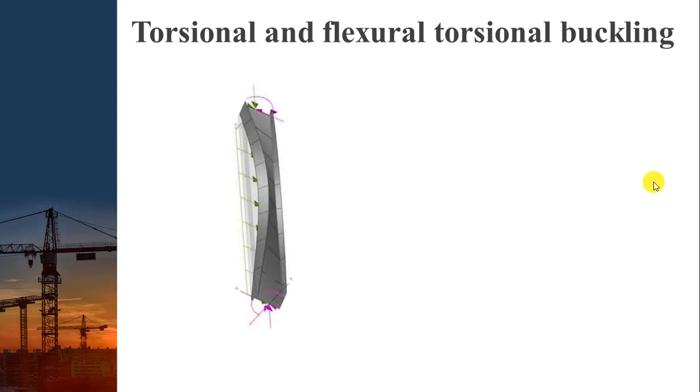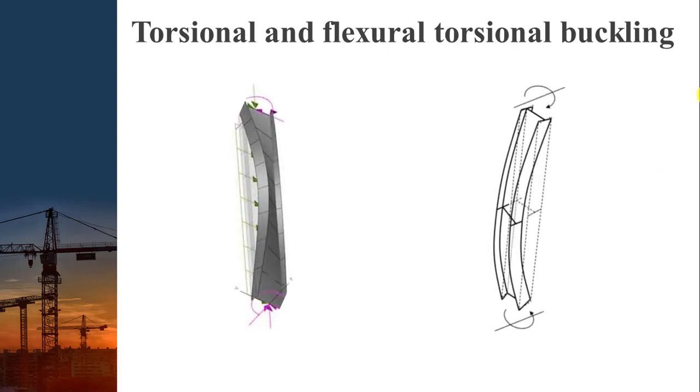So with the help of these diagrams, you will get that failure, that what is exactly happening. First of all, this is that flexural buckling, the column is getting buckled, and then torsional buckling means what? Here the original axis was this I-axis. Now because of the torsion, it has changed. Here you can see, this was the original one. Here this is the tilted axis. So because of that, this flexural torsional buckling is taking place in case of the column.